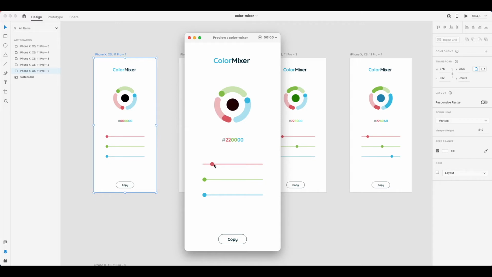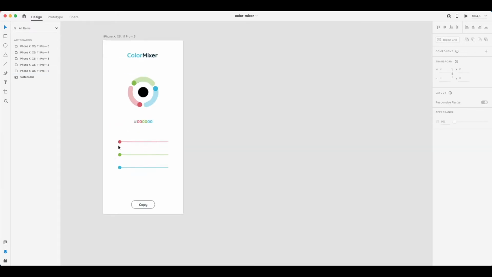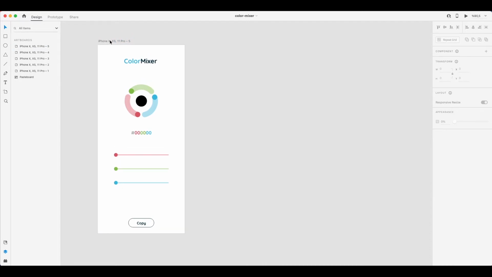So when you slide the red, green and blue values, notice also the color in the center is changing in real time to reflect the changes. I'm going to explain the logic of creating circular animations. So I copied the first artboard before,